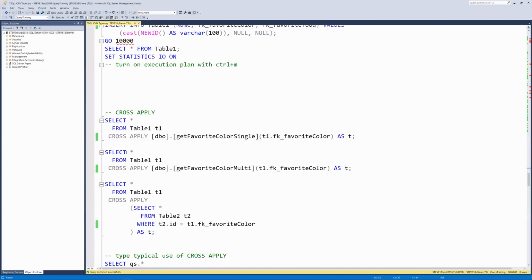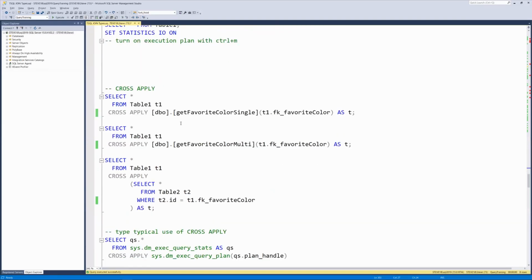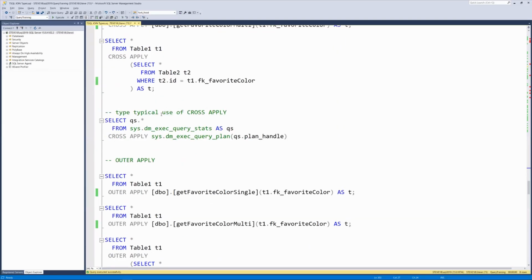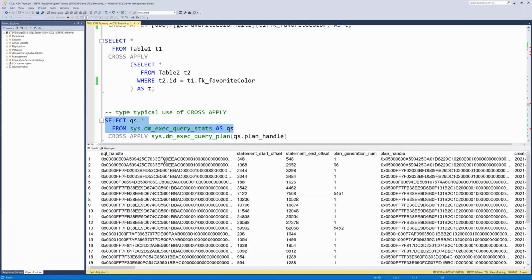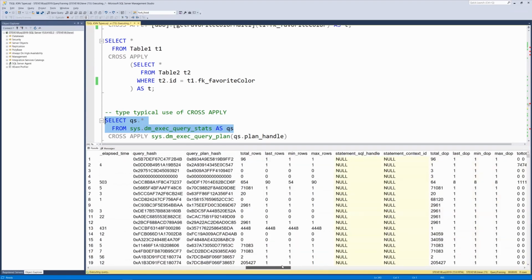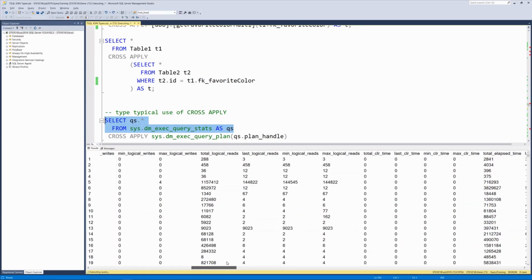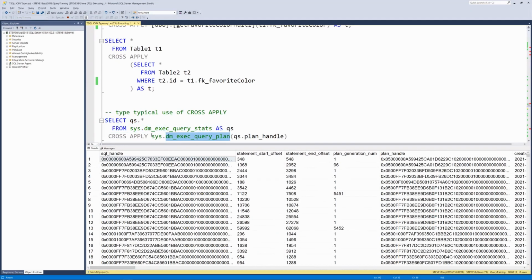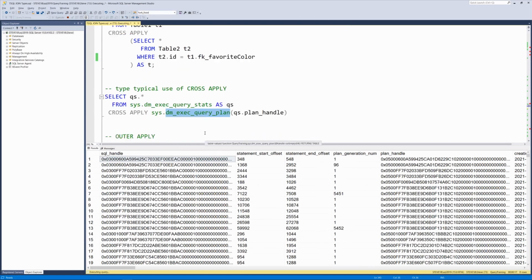Okay, so we've looked at the CROSS APPLY, and here's an example of using CROSS APPLY where we're going to select from query stats. This is sys.dm_exec_query_stats, an internal system table that shows you all the different queries that are running. But there is this function called dm_exec_query_plan that will take a plan handle and turn that into SQL code.